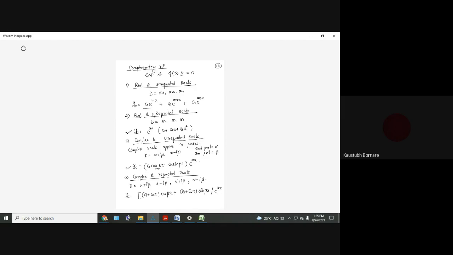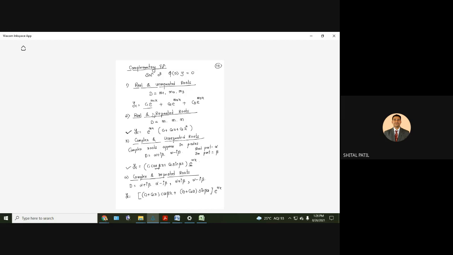Okay. See, in third, alpha plus I beta and alpha minus I beta, these are the 2 complex roots. Real part is alpha, real part should be in exponent, e raised to alpha x. Here it is written, outside the bracket, e raised to alpha x, right? The imaginary part by the Euler's formula, remember the Euler's formula? E raised to I theta equal to cos theta plus I sin theta. Therefore, the imaginary part should be with the sin and cos. So it is C1 cos of beta x plus C2 sin of beta x.